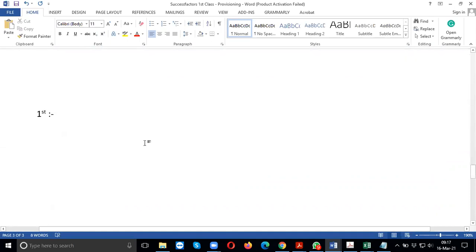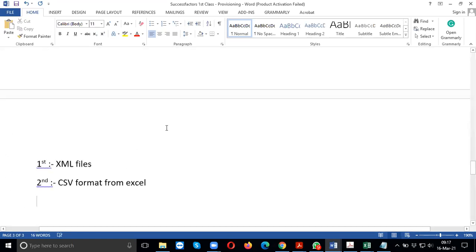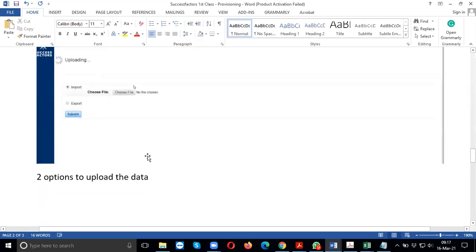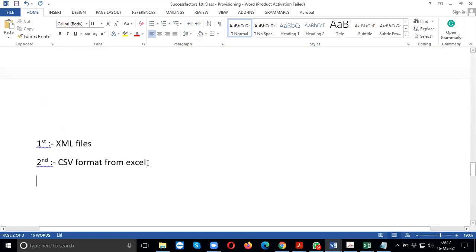First option is by XML files. Second is by CSV format from Excel. This part will all happen through provisioning.